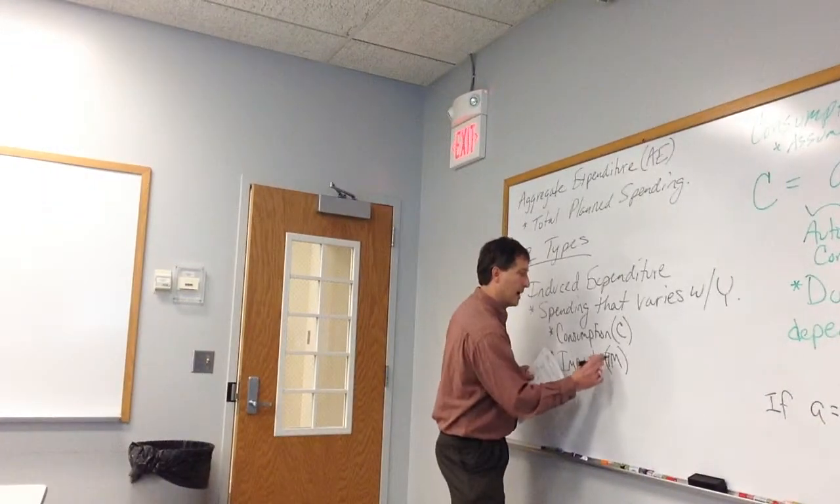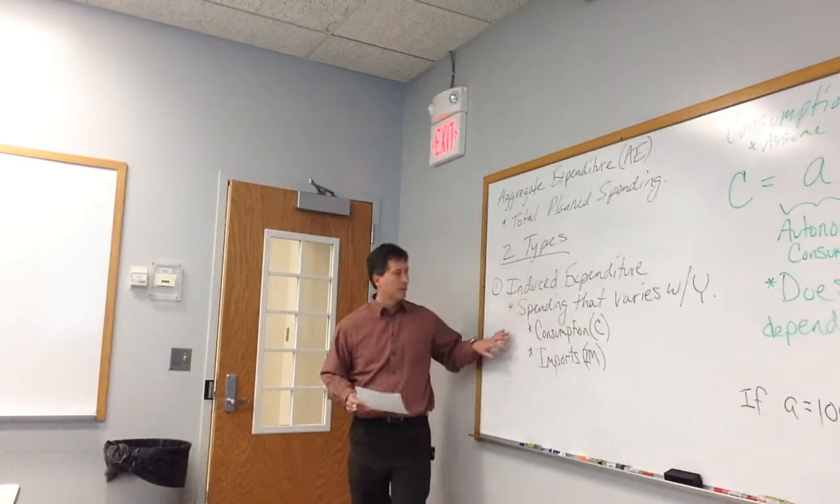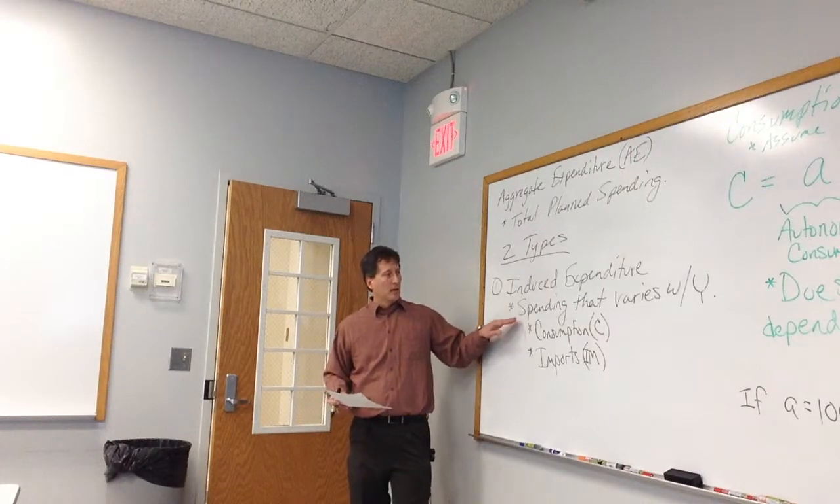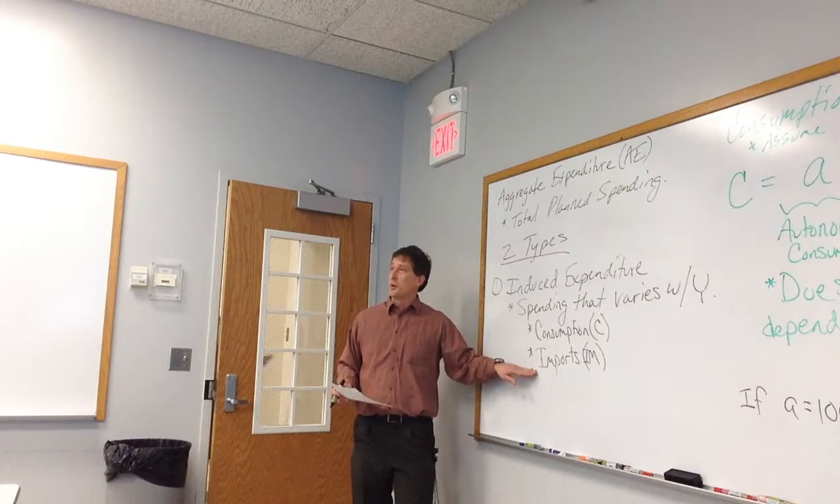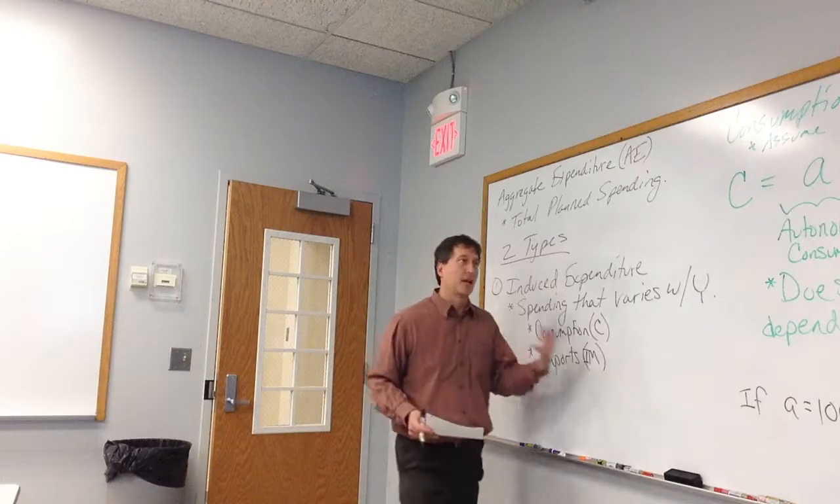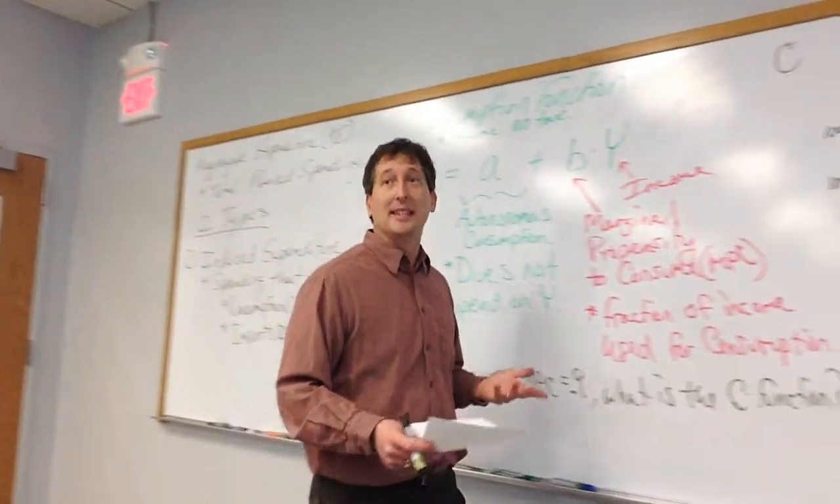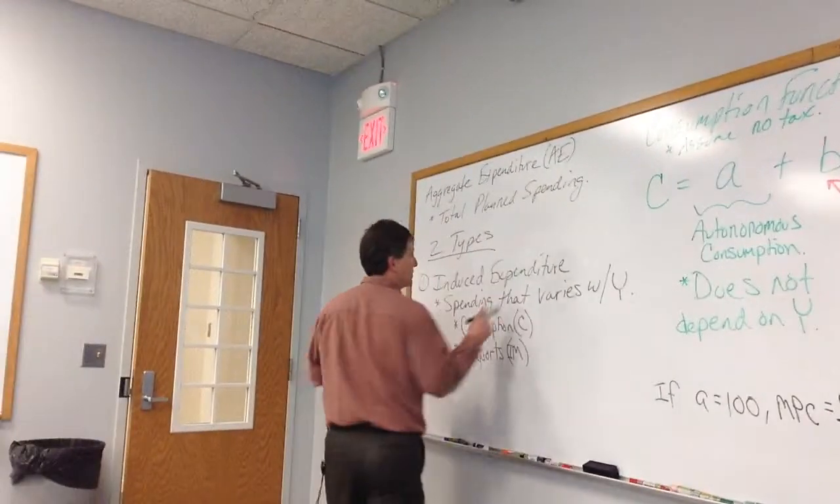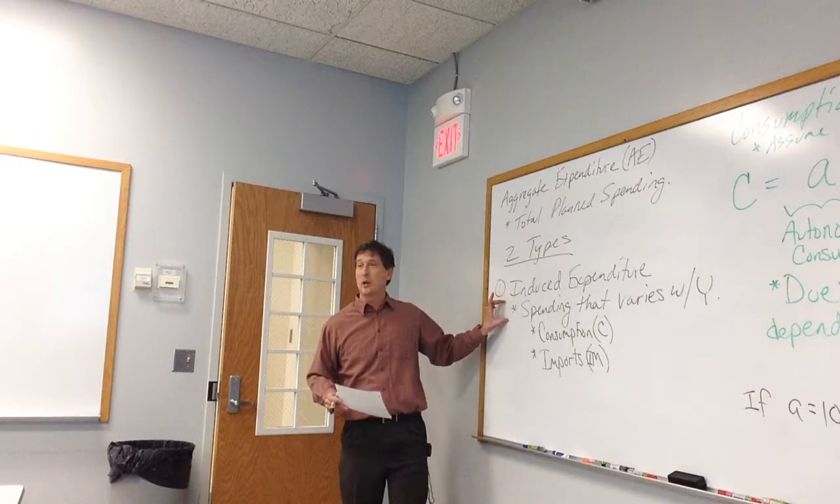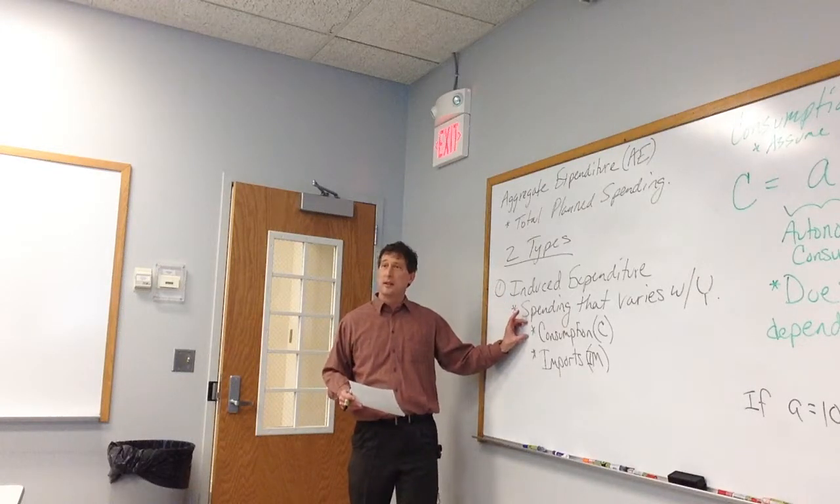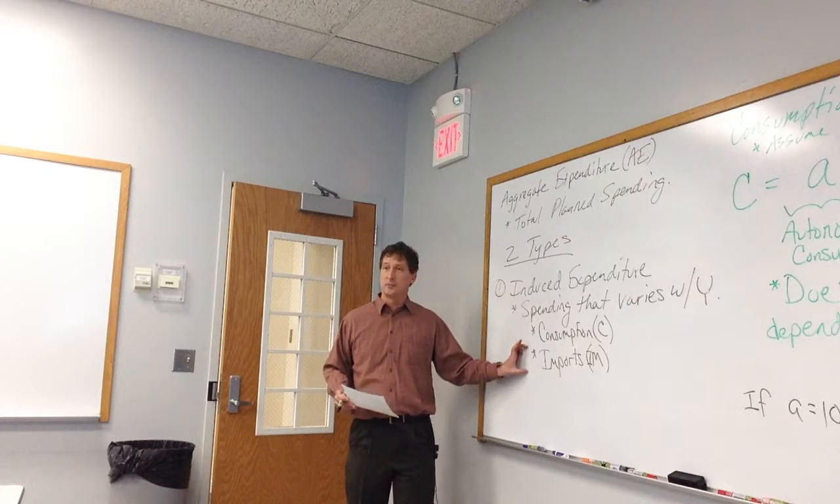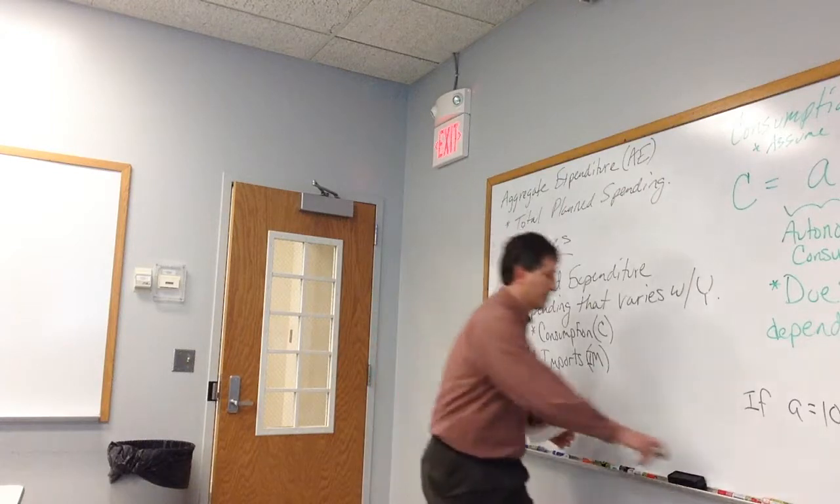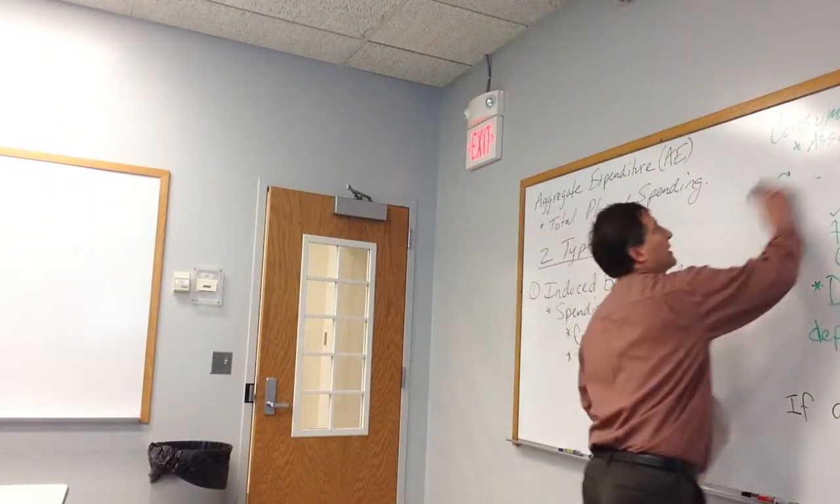I guess I've been doing IM for that. Imports. Purchases that we made from the rest of the world. So we can also think of our marginal propensity to import goods. But that's our induced expenditure. When my income goes up, I buy more American goods, and I buy more foreign goods too. Okay? So that's induced expenditure. The other type is